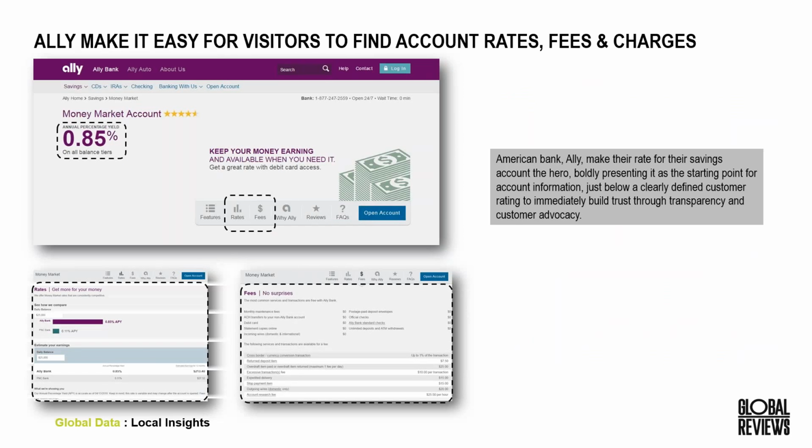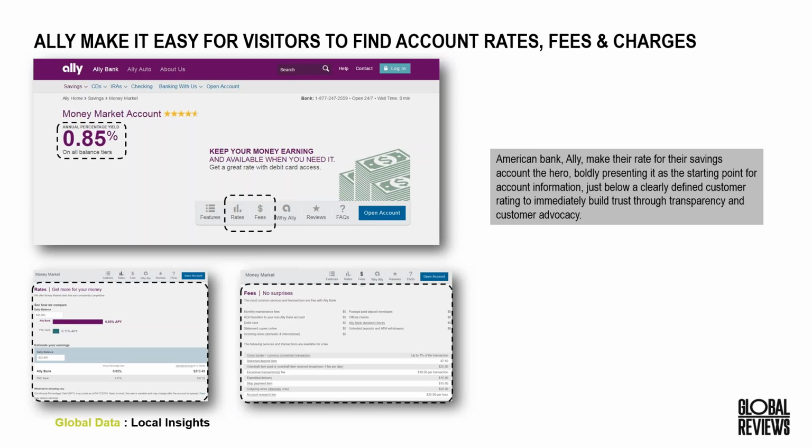Again, another American bank, Ally, goes a step further and uses their mortgage rate, or their product rate, as a key feature on their website. They place it prominently to the left of the page, which is the first area where customers will generally look when they come to a website. They then follow this through by having quick links to interest rates and fee information that come out in a drop-down box on the same page.